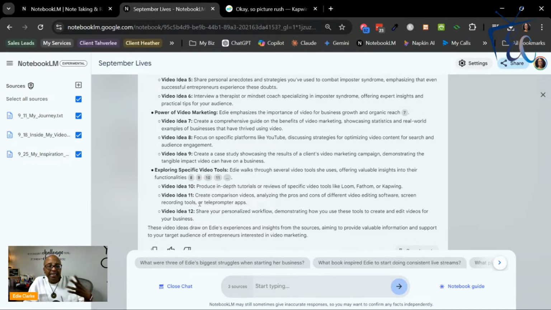And you can add in all of that and then ask Notebook from there to fill in and give you some content ideas, or maybe ideas to create a course or a webinar or some kind of content like that. Even maybe a blog post you can use it for. So you can certainly use it for content research, to plan out your content, to create various types of content,